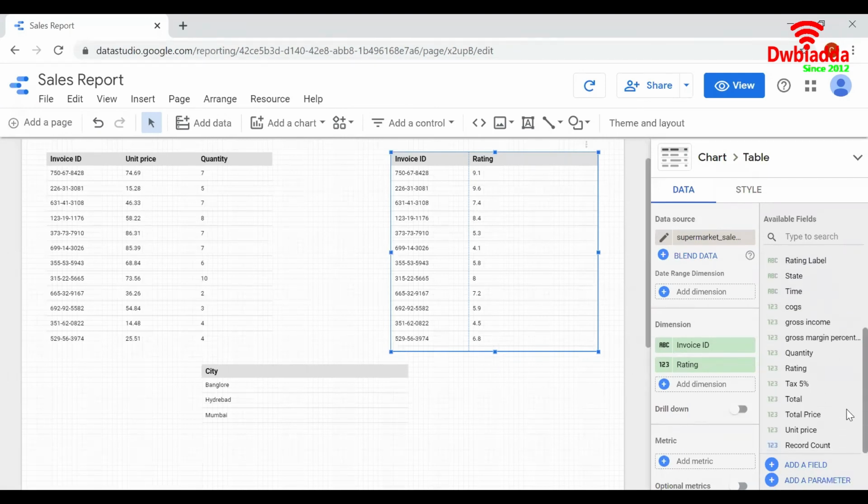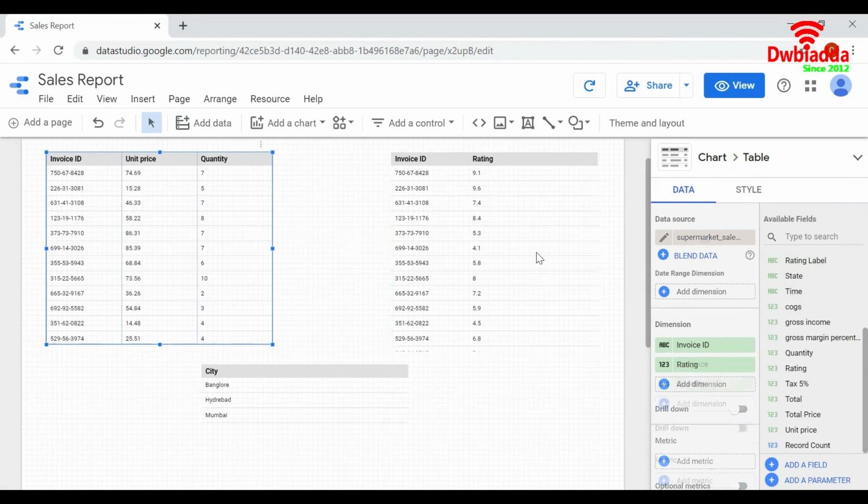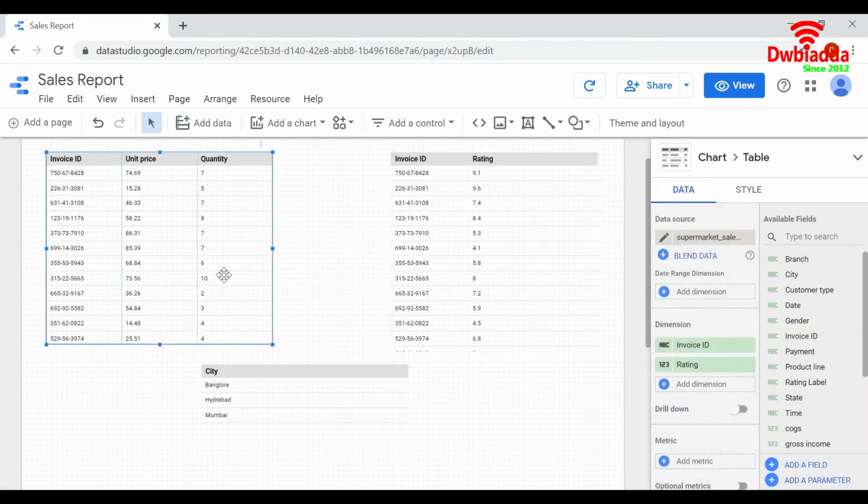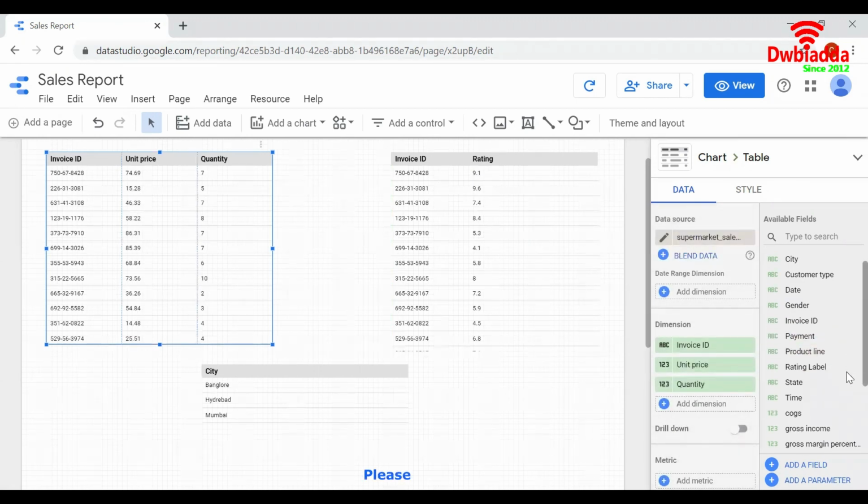So here we can see that a new calculated field rating label got created, and let us reflect these columns in the charts here. Let us add the first chart, the column total price that we created.